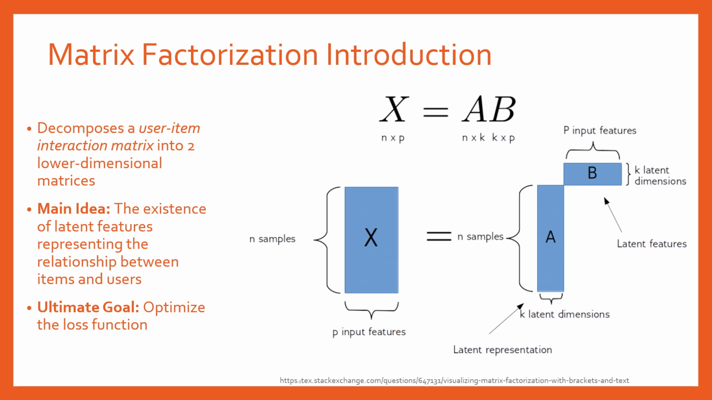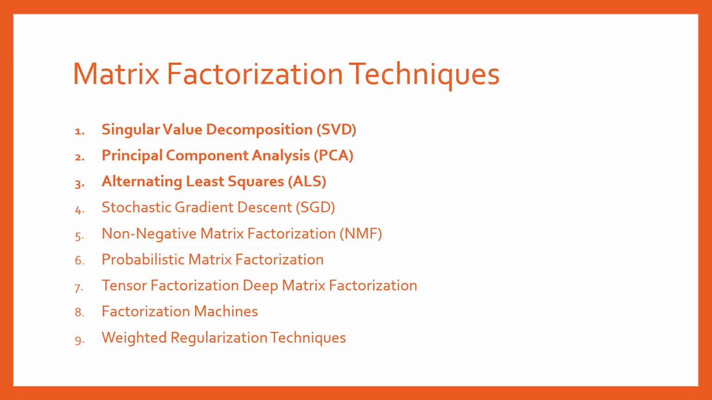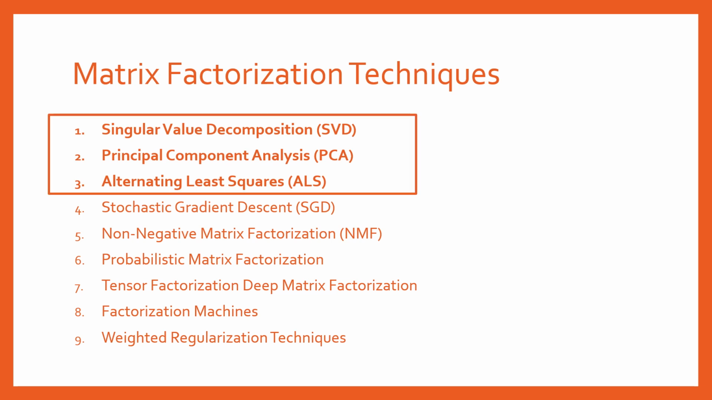The main idea here is the existence of latent features representing the relationship between items and users, where the interactions can be modeled more effectively, and the ultimate goal is to optimize the loss function. There are many different matrix factorization techniques, but we will only go over 3 of them: singular value decomposition, principal component analysis, and alternating least squares, which have been used more frequently in recommendation systems. There's also stochastic gradient descent, non-negative matrix factorization, probabilistic matrix factorization, tensor deep matrix factorization, factorization machines, and weighted regularization